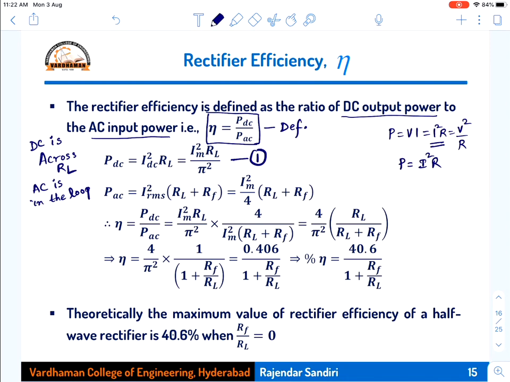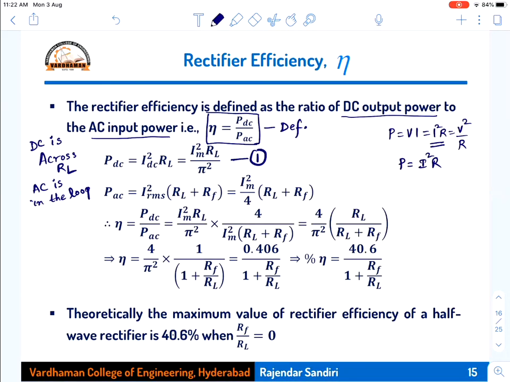So the input of the rectifier, if you see the load from the secondary winding, the load will be RF plus RL. So on the input side, the diode also will be acting as a load on the transformer secondary. Therefore, the AC input is before the diode. When we are taking the load before the diode, the load resistance also will be coming into the picture. So the diode resistance and the load resistance both will be in series. Therefore, we have to take it as RF plus RL.